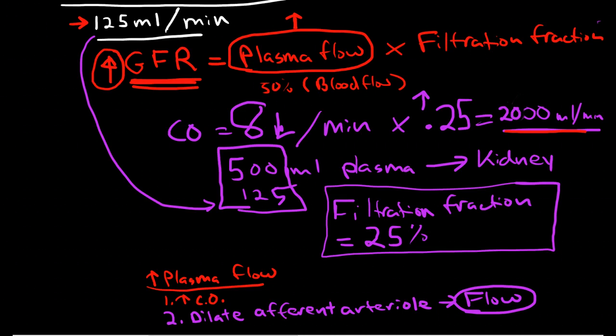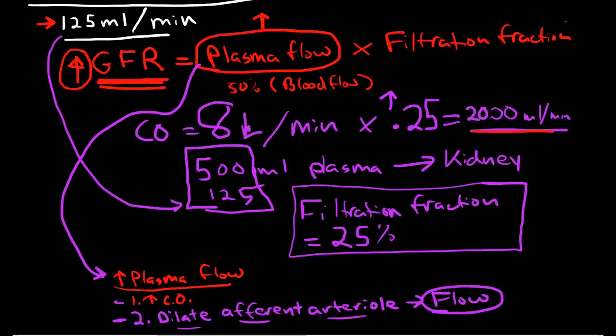Okay, so one way to affect glomerular filtration rate is by increasing plasma flow, and we can do that by increasing cardiac output, or increasing flow just to the kidneys by dilating the afferent arterioles. Now, how can we impact filtration fraction? Well,